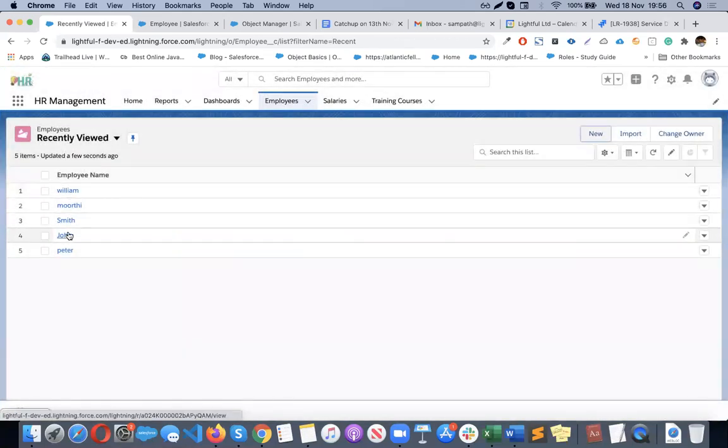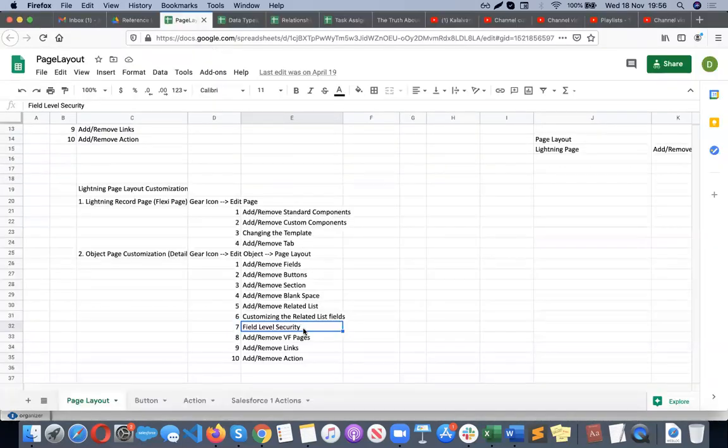This applies only to this page layout, but in the backend, if you are doing it via API or any other way, at that time personal email ID is not mandatory. So that is the field level security. You can have 2 levels, read only and required. Then you can use the other way as well, when you're creating the field, you can keep the checkbox on, like this field is required.